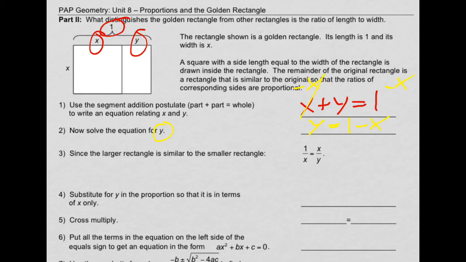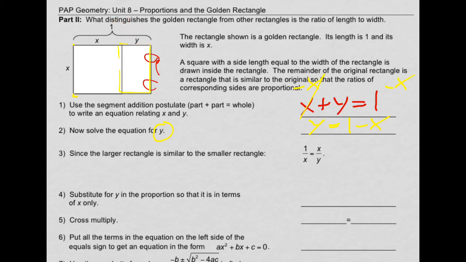Okay. And number 3 says, since the larger rectangle is similar to the smaller rectangle, now remember what that means, that this larger rectangle right here, I can just take and turn into my smaller rectangle, just about like that. That's what it means by similar, right? Since the larger rectangle is similar to the smaller rectangle, then we know that 1 over x,